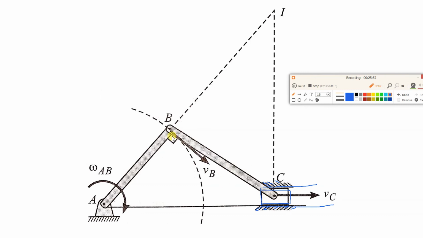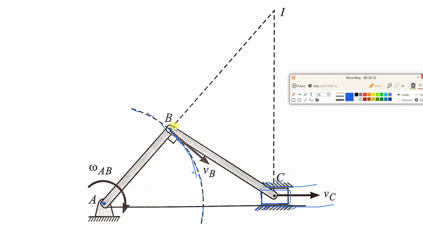Okay, so consider point B. Here you can see this dotted line. It will rotate in this way. So if you consider this point B, what will be the angular velocity omega AB? It will be clockwise. Okay, we are assuming some direction. The velocity of point B is towards this direction, suppose VB. So if you keep your thumb at point A, keep your index finger at point B, and rotate your index finger in the direction of velocity, it is clockwise. So that is why omega AB is shown in the clockwise direction here.